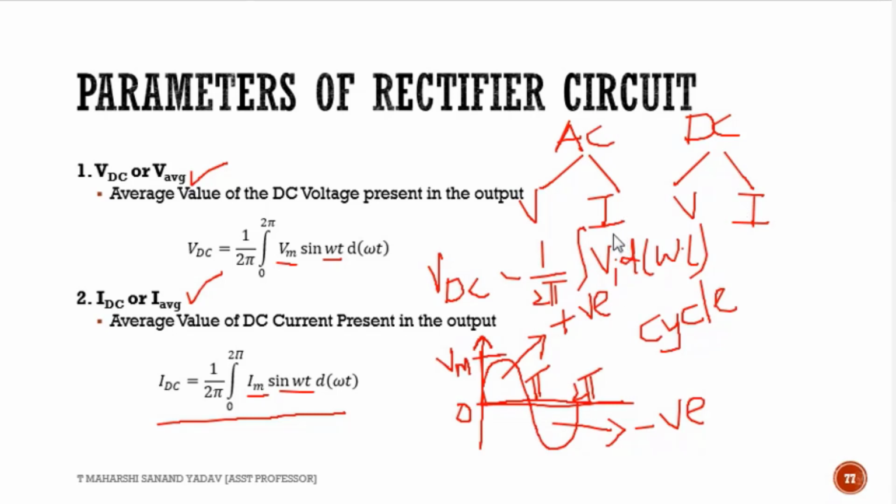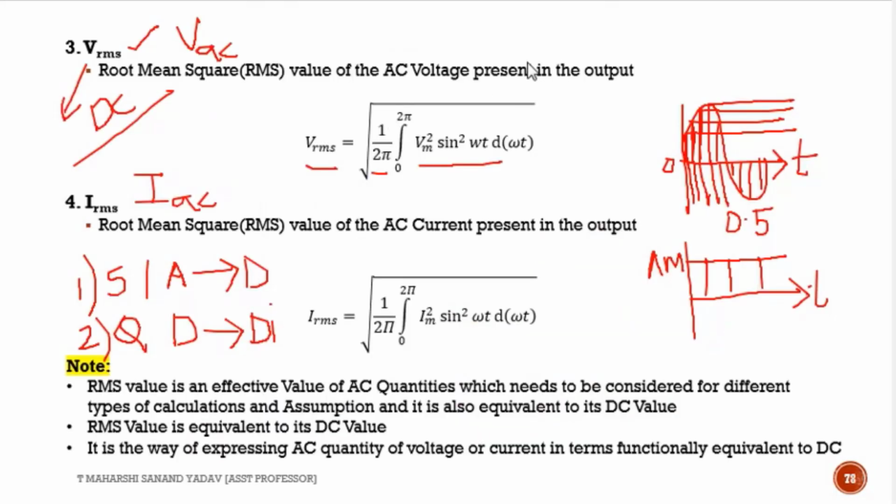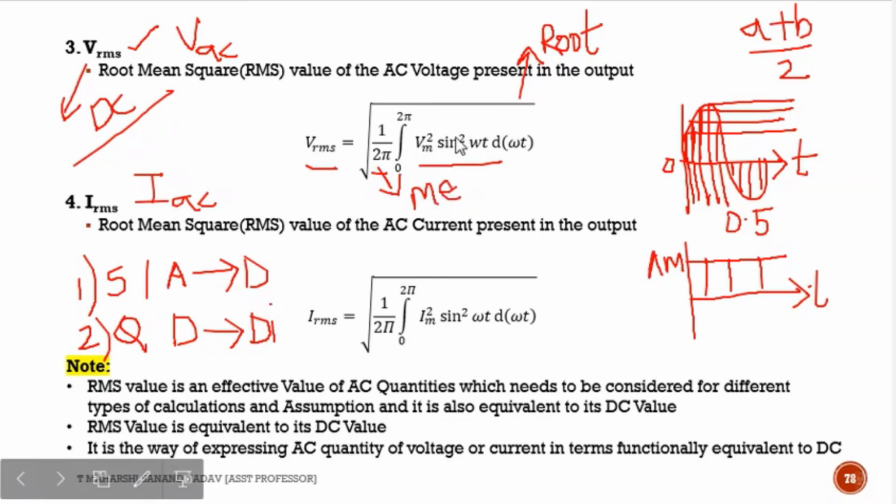If it is for AC, simply you need to square it because it is root mean square. You can see, where is the root? This is the root. Root is there. And tell me where is mean? Mean is something which will be like this, right? A plus B by 2. Average simply called as, right? So here this 2 pi is something which we call as mean, average simply. And here you can see the square term. Vm square sin square omega t is nothing but square. So root mean square. Clear?